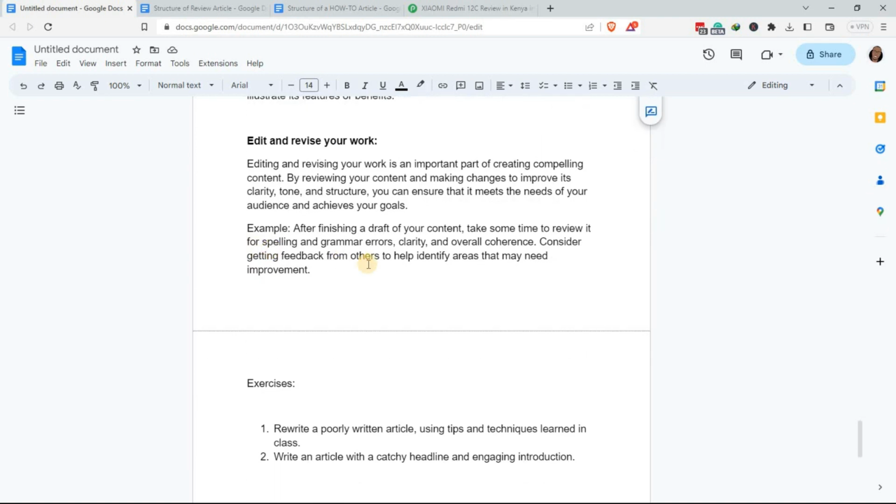So after finishing your first draft, you need to take some time to review it for things like spelling and grammar errors. Look at things like clarity, look at things like, okay, am I driving the point correctly? And of course, you need to look at the overall coherence. Things like, okay, does this make sense overall? And of course, you need to consider getting feedback from others to help identify areas that may need improvement.